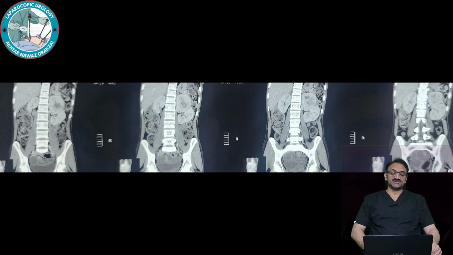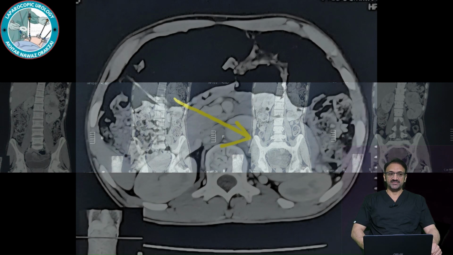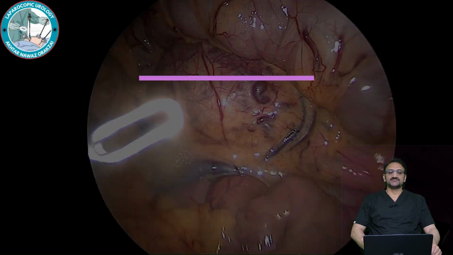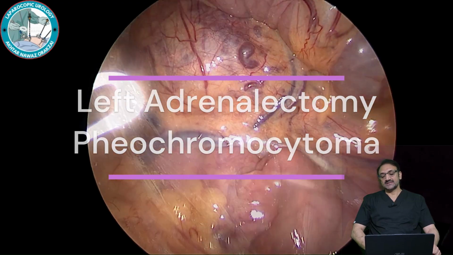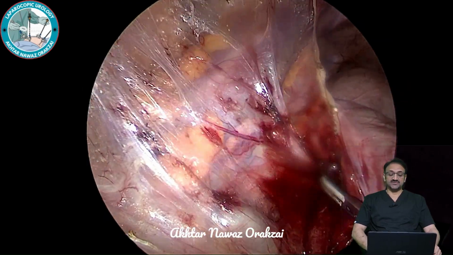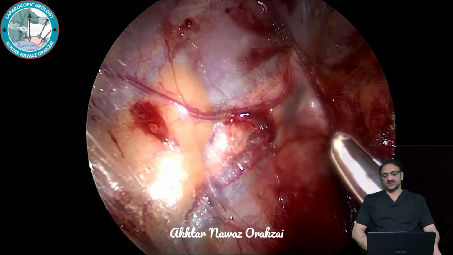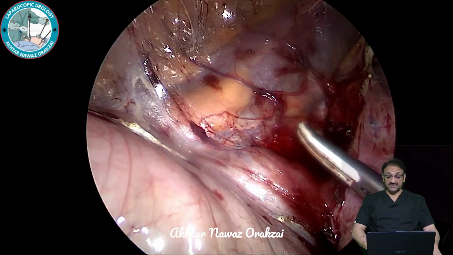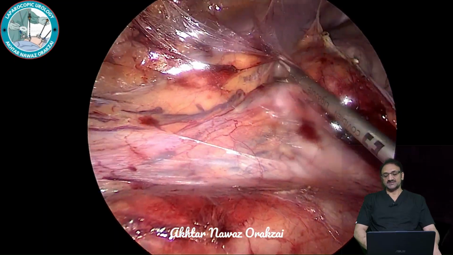The patient here is a 28-year-old male who has hypertension, palpitation, and a few episodes of syncope. He also has insulin-dependent diabetes mellitus. On investigation of general symptoms, an ultrasound performed elsewhere turned out to show an adrenal mass. So we are performing a left-sided adrenalectomy, laparoscopic of course, and the steps are the same as for other procedures